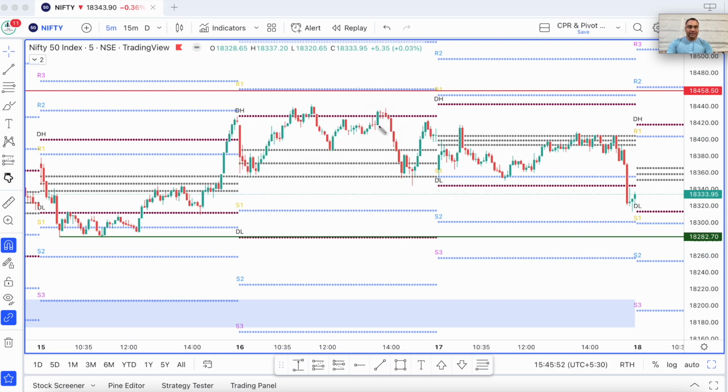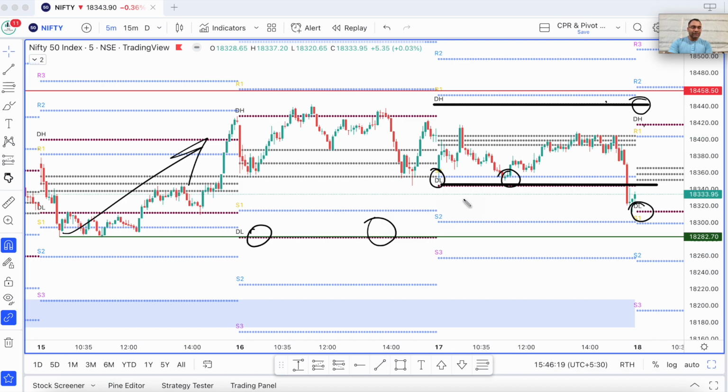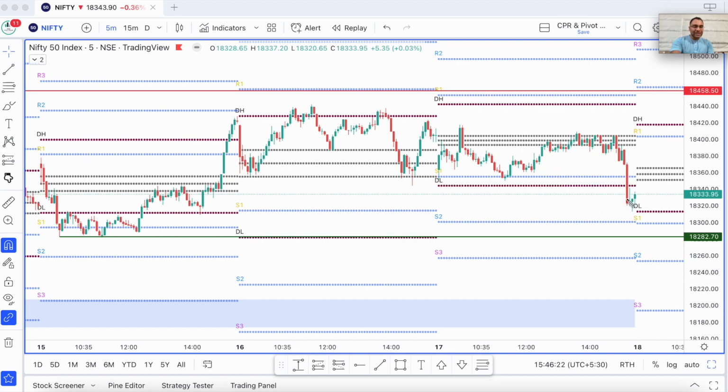Let me just delete this, and now you can see that this is the PDH and this is the PDL. So this is the new range now. Now this range, yes, it is important because the price has bounced from there, but more likely what is going to happen tomorrow is this PDH right here is going to be an important level tomorrow, and this PDL is going to be an important level tomorrow, and this level is also going to be an important area tomorrow. Why? Because you can see that one single candlestick has broken out of it,